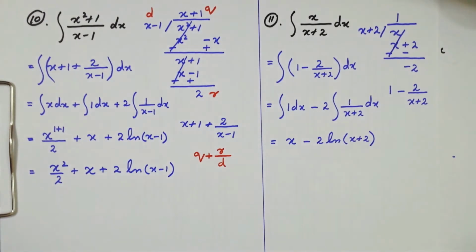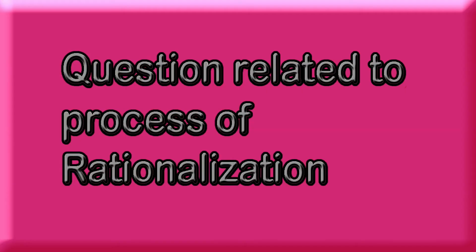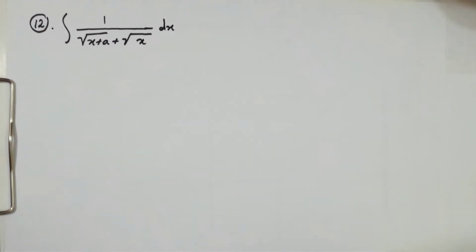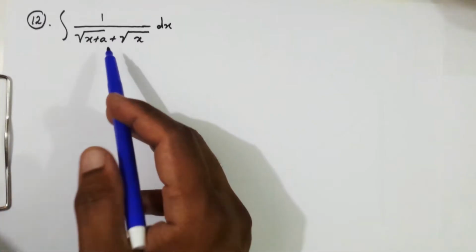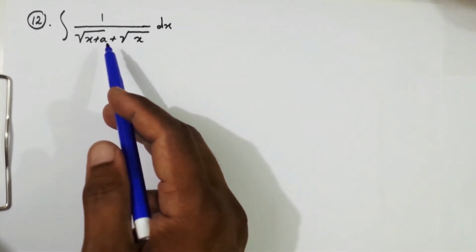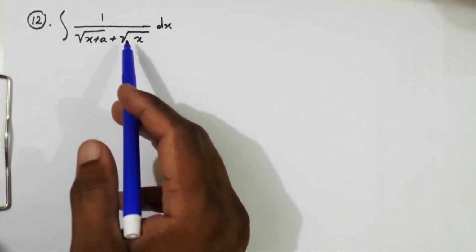So you have seen how to find the integration of improper fractions. Now at the end we see how to find the integration of a question related to radical sign in its denominator with more than one term. In this question, it is also related to fraction form, but in this question, the denominator is related to the term involving radical sign, and these are more than one term.